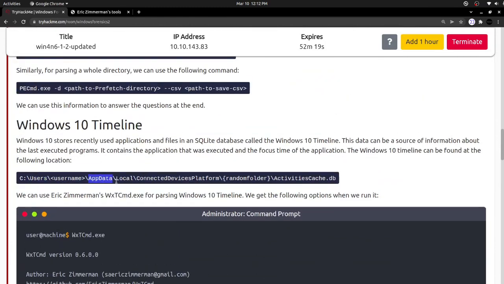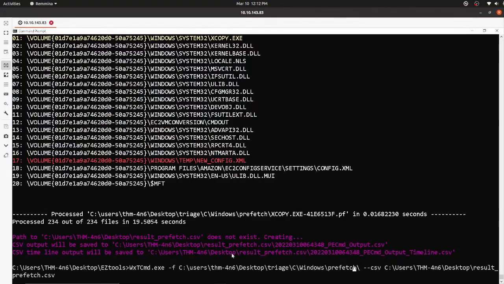Users, username, app data, local, connected devices platform, random folder, and the DB file. So we need to move to that specific folder. Users, and the username is THM4 and 6.